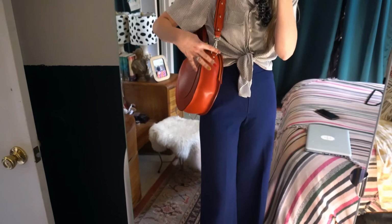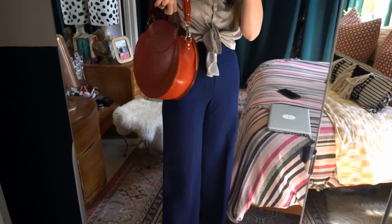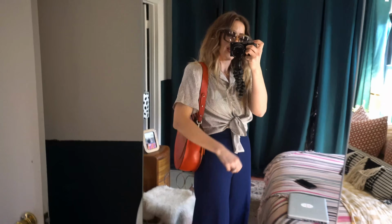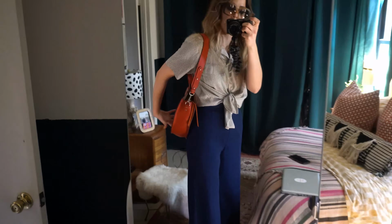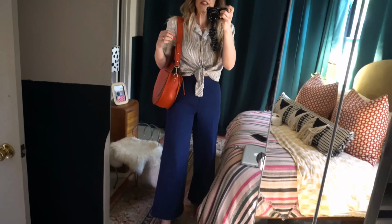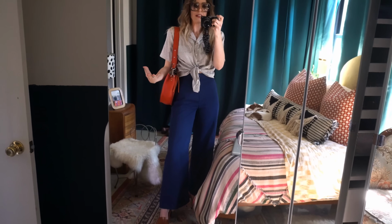But what I love is they have a long strap to do crossbody, this shoulder strap, or even the little handle strap, but I love the shoulder strap, and I feel like that pop of rusty red just really completes this very 70s look. And it feels very classic, and it makes just a total statement to this outfit. So that is how I ended up